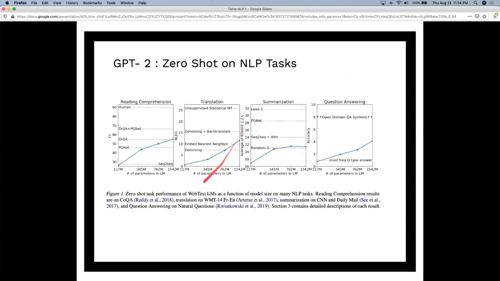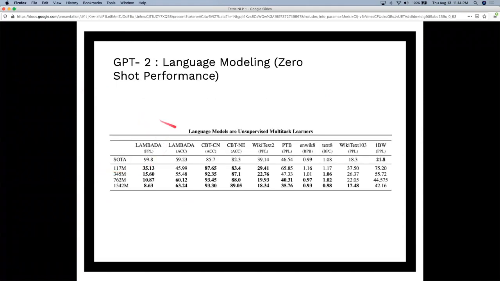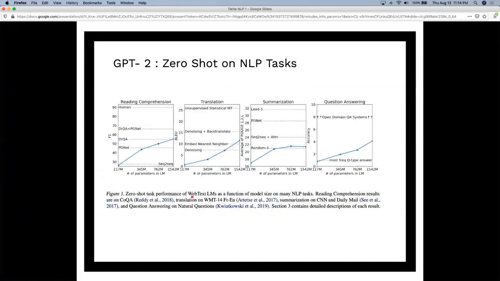So now they showed that if you increase the model size, then pure language generation ability, the ability to predict the next word, does seem to improve. Now what about utilizing that to solve NLP tasks? Again, this is different because we are not doing any kind of training. This is purely zero shot inference. So the way they